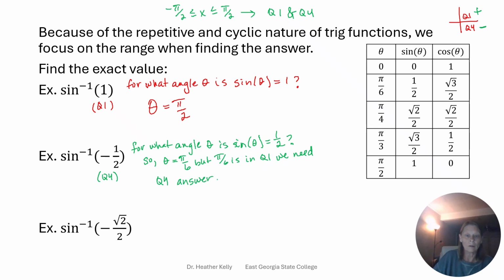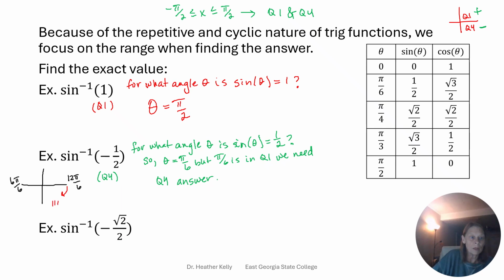Right? And we can do that real quick. And I'm just going to show this here real quick. We're dealing with pi over 6's. So this is 12 pi over 6, right? And this is 6 pi over 6. And if we need the angle in quadrant 4